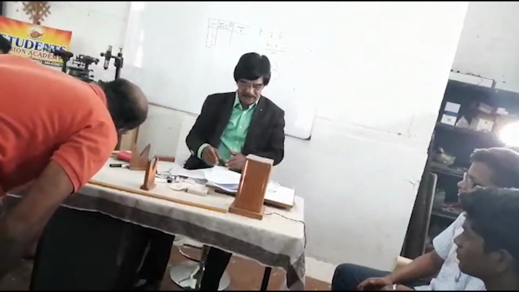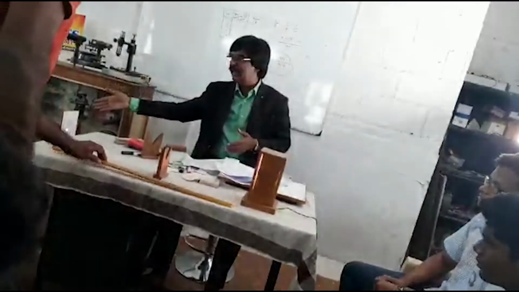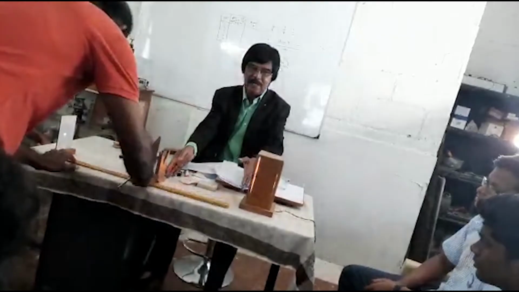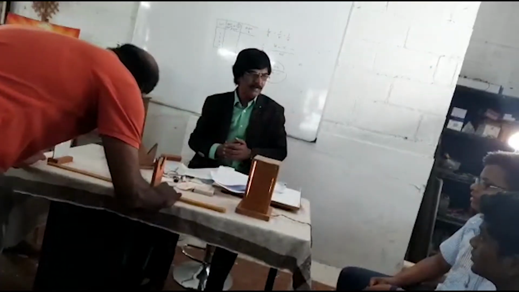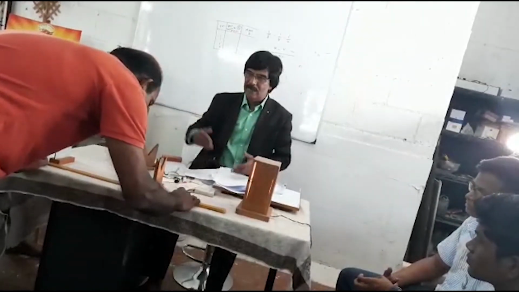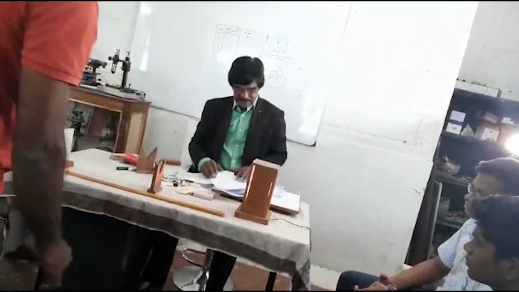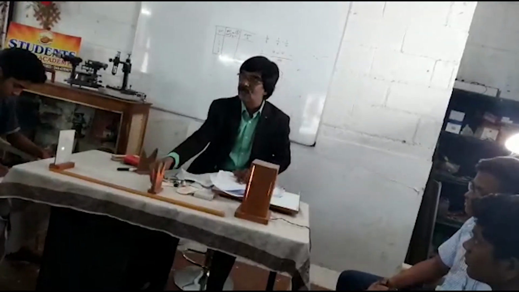When you keep the object distance less than 2f, what is that f? Focal length f. 2 into 20, 40. I kept it less than that 40, this distance. So I am getting a what image? Magnified image. You can take a few readings, 1, 2, 3, 4, 5, and after that you can take the average to get the focal length. This is 1. Another thing is, we are going to take greater than 2f.